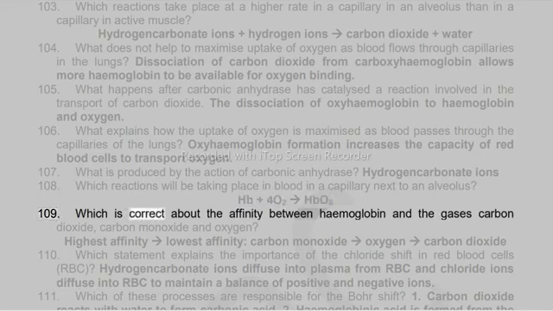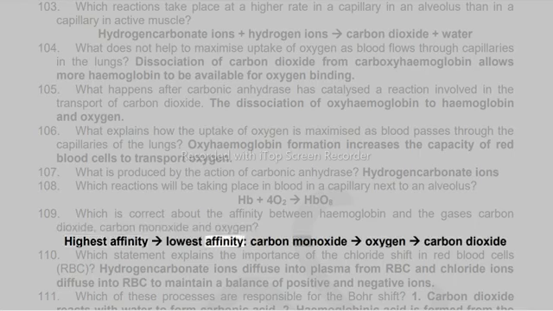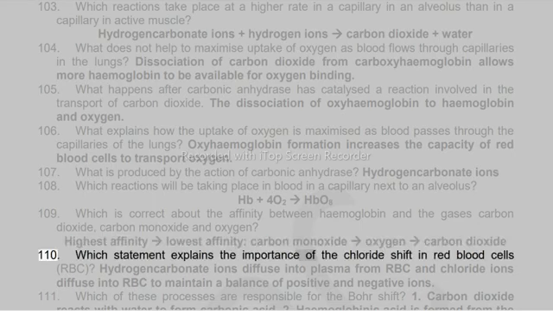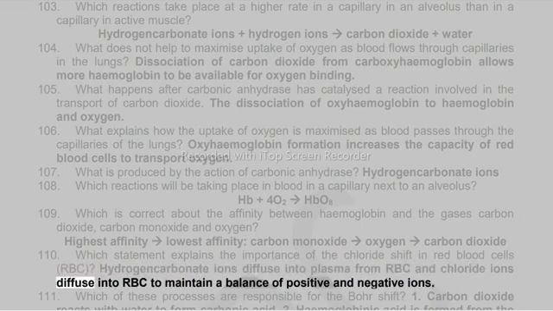109. Which is correct about the affinity between hemoglobin and the gases carbon dioxide, carbon monoxide, and oxygen? Highest affinity, carbon monoxide; lowest affinity, oxygen, carbon dioxide. 110. Which statement explains the importance of the chloride shift in red blood cells, RBC? Hydrogen carbonate ions diffuse into plasma from RBC and chloride ions diffuse into RBC to maintain a balance of positive